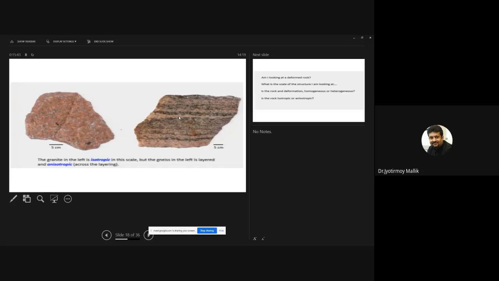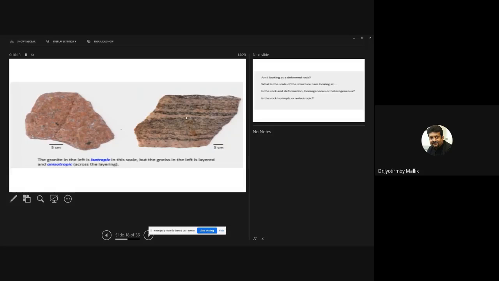Okay, now we see these light colored grains arranged in a layer, and the black colored grains concentrated in another layer. Hence there is a gneissic layering that has formed within this particular rock. So this is the precursor rock, and by application of some sort of pressure and temperature, I have formed this particular granite gneiss. Now if I ask you whether this is isotropic or anisotropic,